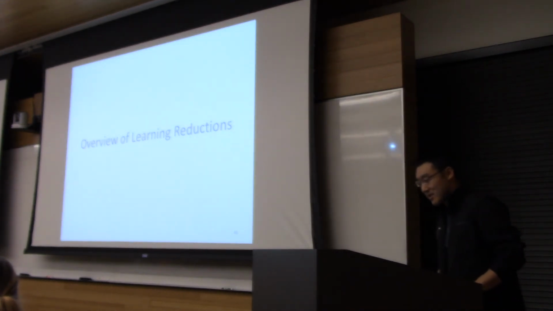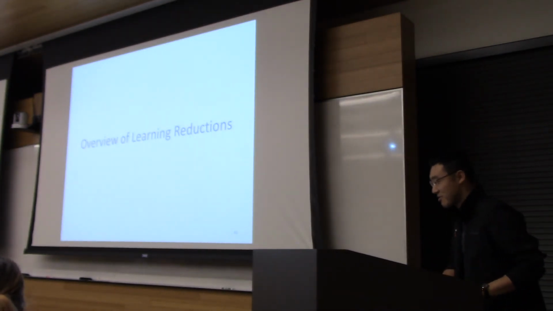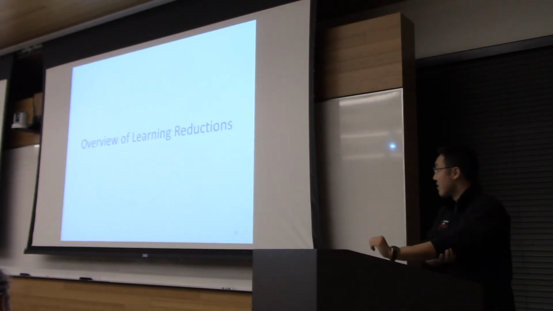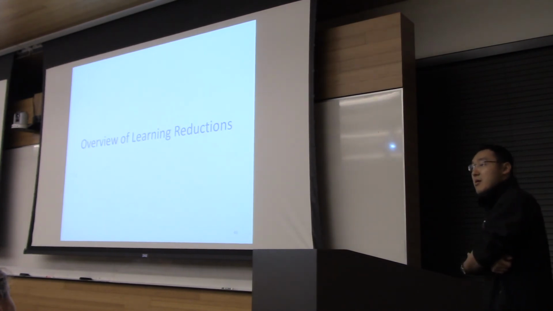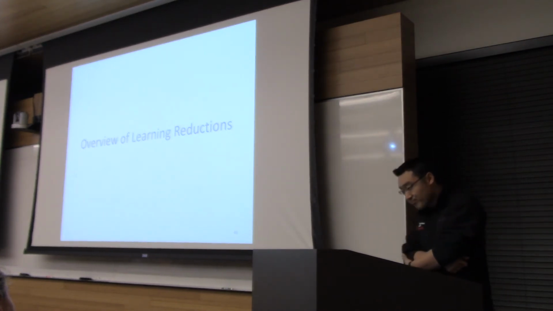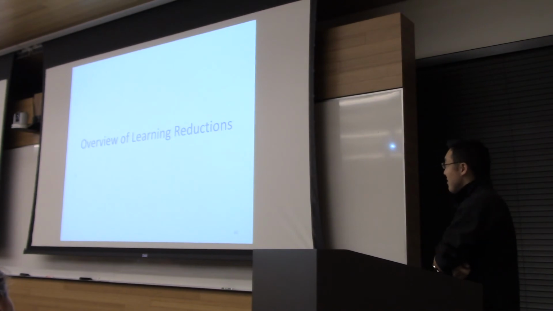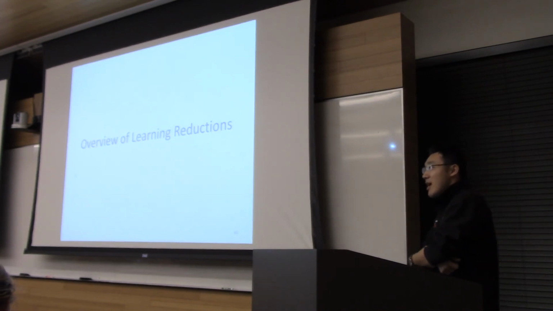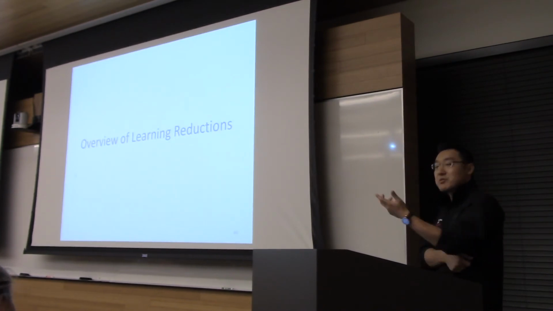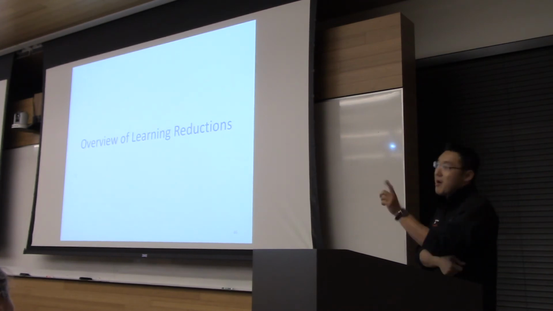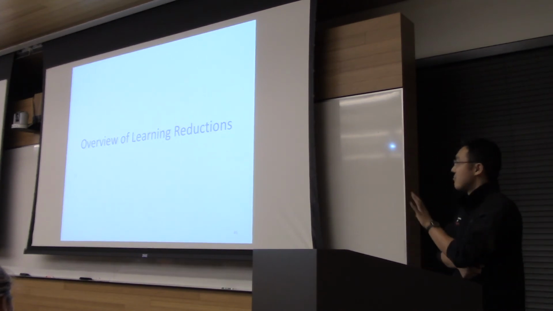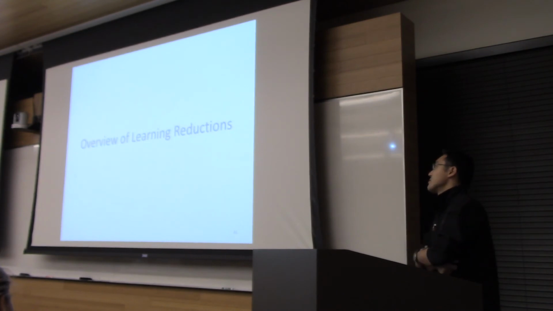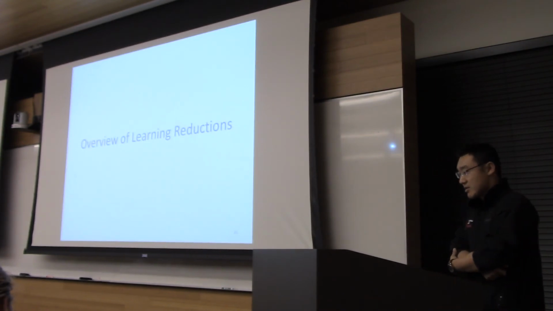So I wanted to give an overview of this area of machine learning called learning reductions. For those of you who have taken complexity theory or algorithms, you've heard of complexity theoretic reductions, where if you have one problem that you know is NP hard, and you could reduce this problem to another problem in polynomial time, you've proven that the other problem is also NP hard, right? Analogously, we can think about learning reductions, where we convert one